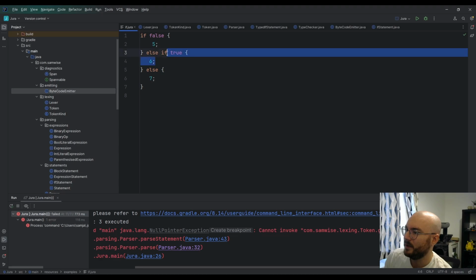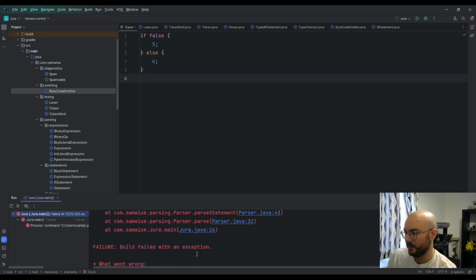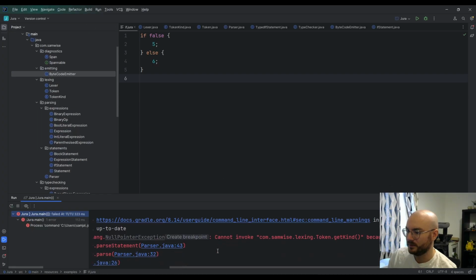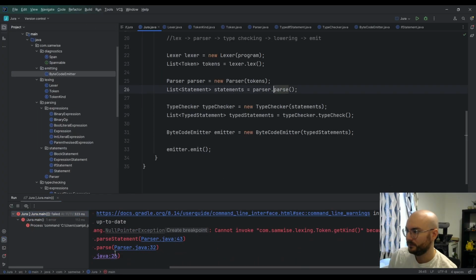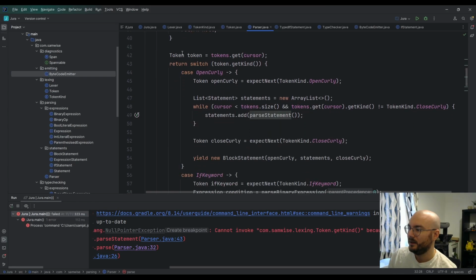So, okay, it's unhappy about something. Let's simplify that and just do this. Still unhappy. Cannot invoke get kind because token is null. So we do that. While cursor is less than token size, parse the statement. Come into parse statement. If it's an if,